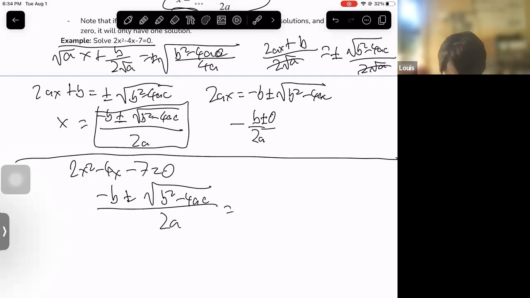So this gives us, because b equals negative 4, 4 plus minus the square root of negative 4 squared, which is 16,